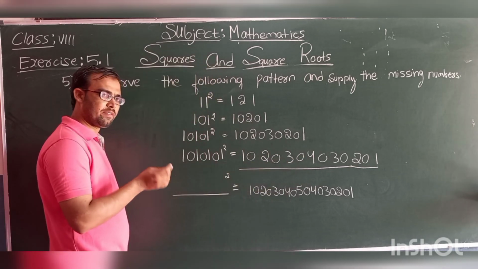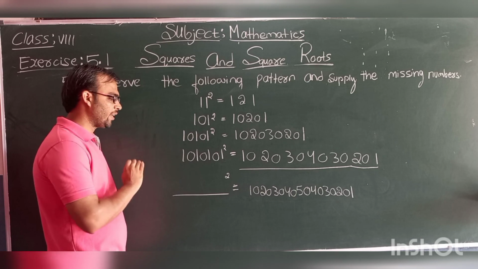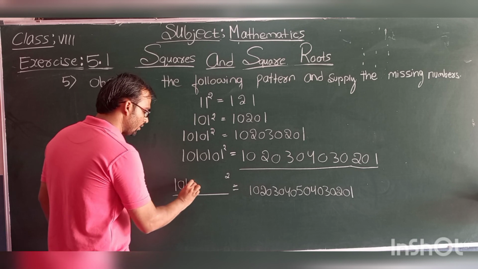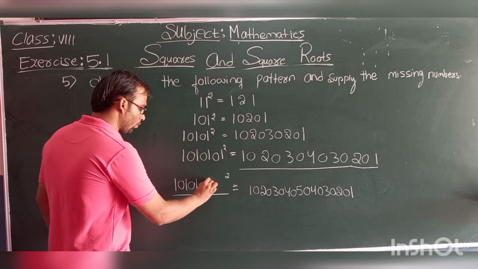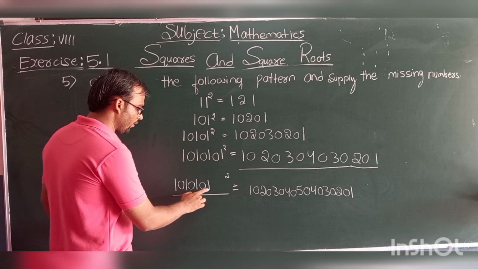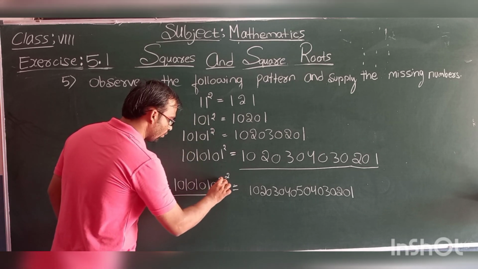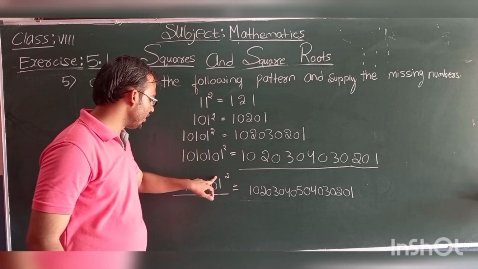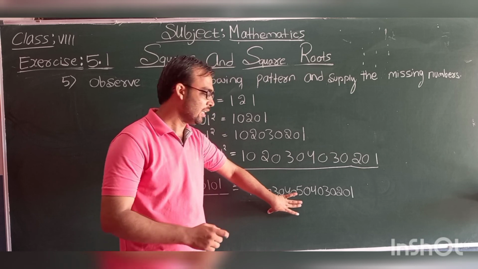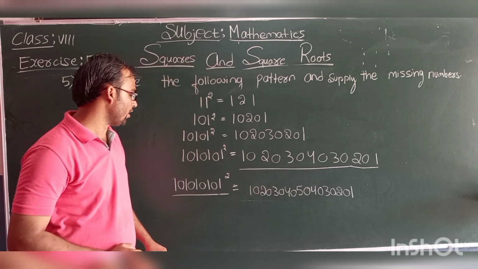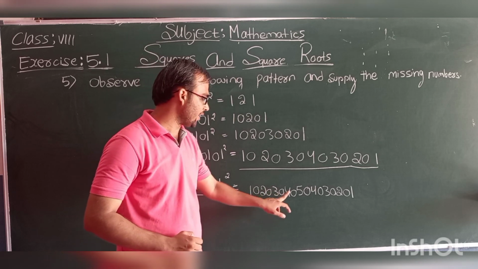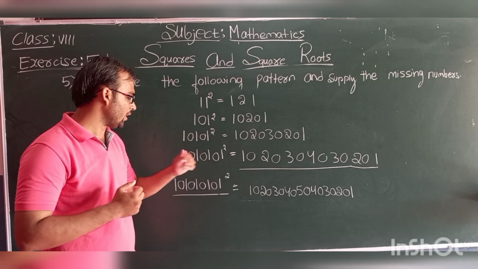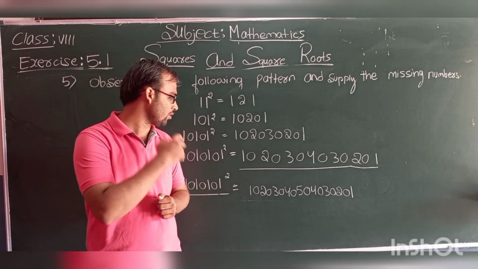Here also we need to write 5 ones, and 0 should be there after each one except the last one. So here 1 0 1 0 1 0 1. How many ones are there? 1 2 3 4. Okay, and 0 1. So here 1 0 1 0 1. So here there are 5 ones. Because of this, 5 natural numbers are written in serial, and after that numbers are written in decreasing order. And as there's 0 after each and every digit, here also 0 has been written after 1, except the last digit. I think you might have understood this kind of pattern.